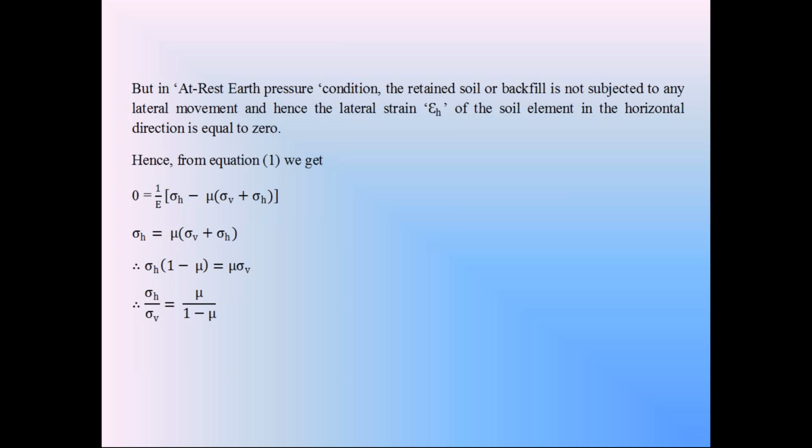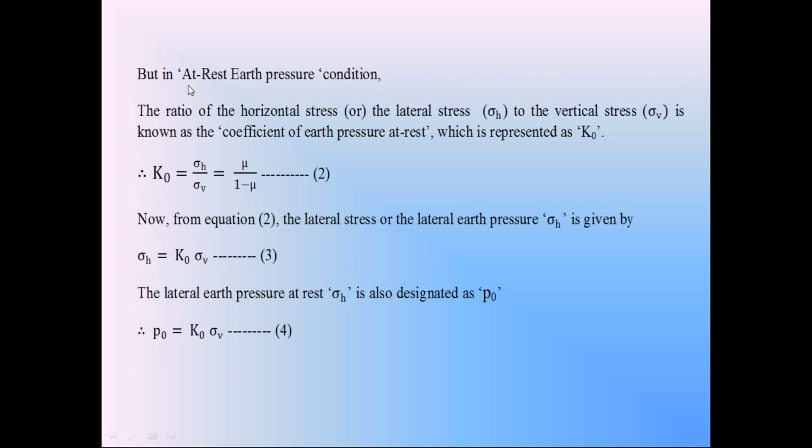In this equation, sigma h is the horizontal stress and sigma v is the vertical stress at a depth z from the top of the backfill in the rest condition. You know that the ratio sigma h by sigma v is called the coefficient of earth pressure. Since we are in the rest condition, sigma h by sigma v is called